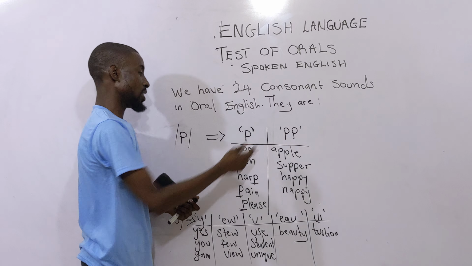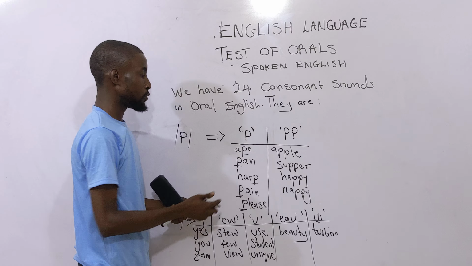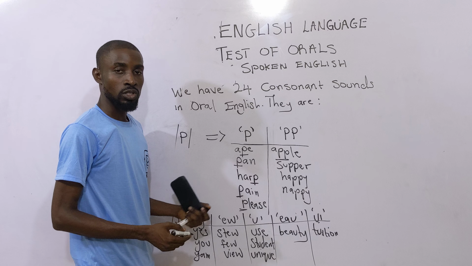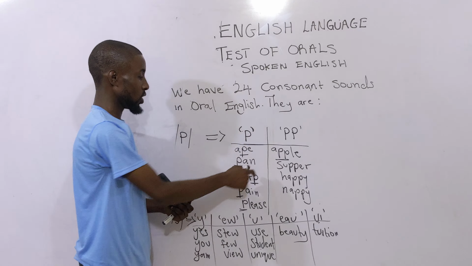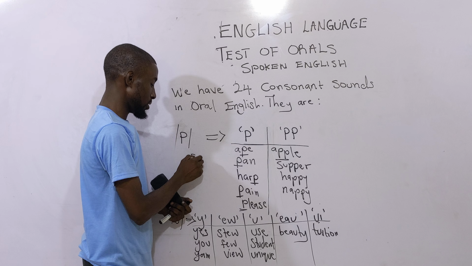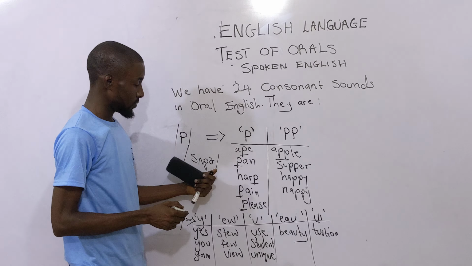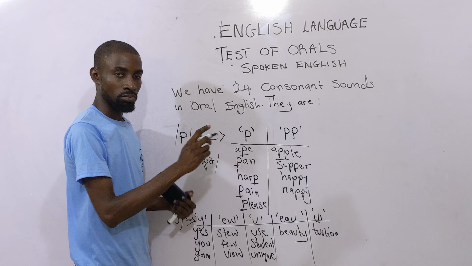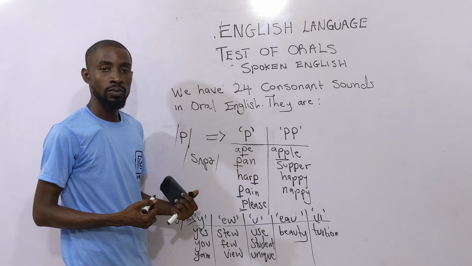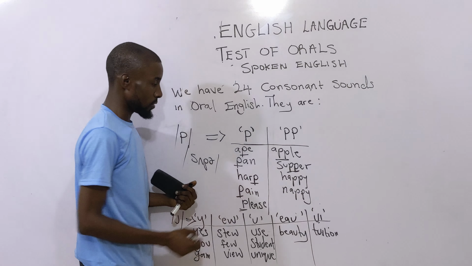Okay, then we have the case of a double P. When you have an apple, is double P, apple. Then supper, so you have this supper. By transcription now you have this and this, you know the rationale behind it. The U sound changes to inverted V, and you have the P sound plus the ER that will change to schwa naturally. So that's PP under supper.